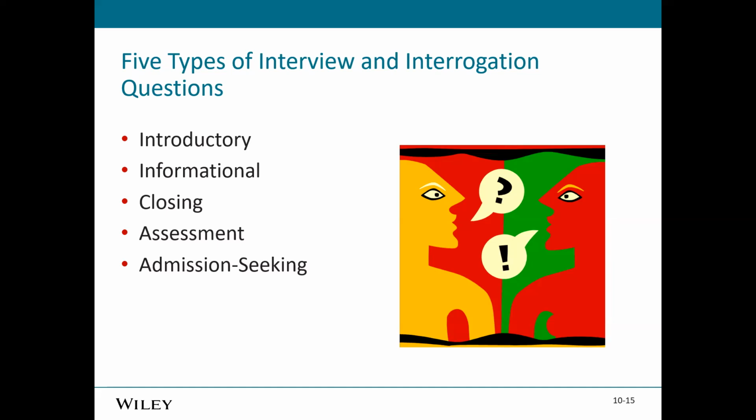And then finally, we have admission seeking. These are going to be used in interrogations of people that we believe are guilty of the fraud, and the suspect has been the target of our investigation. These questions should be asked in a particular order to clear an innocent person or encourage a guilty person to confess. The purpose of these admission seeking questions is, again, to distinguish innocent from guilty, obtain a confession, and then obtain a written confession acknowledging those facts. So that's the purpose of these admission seeking questions.